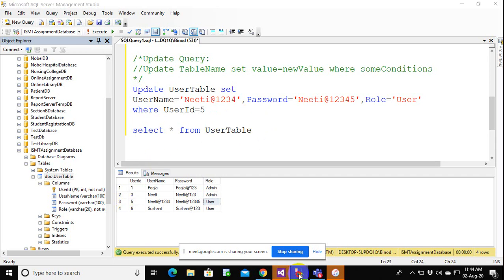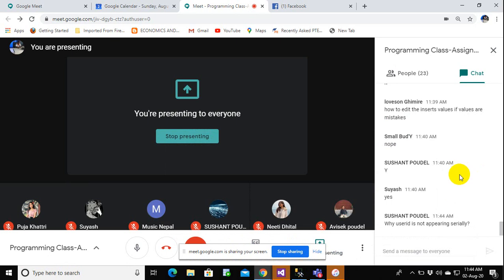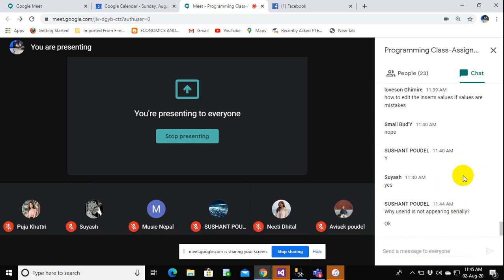Okay, so does that make sense, Sushant? Whenever you get an error in an update or insert operation, the ID will be generated, but no fields will get inserted. So the ID will remain as it is, and whenever you create the next successful row, it will get the next ID.